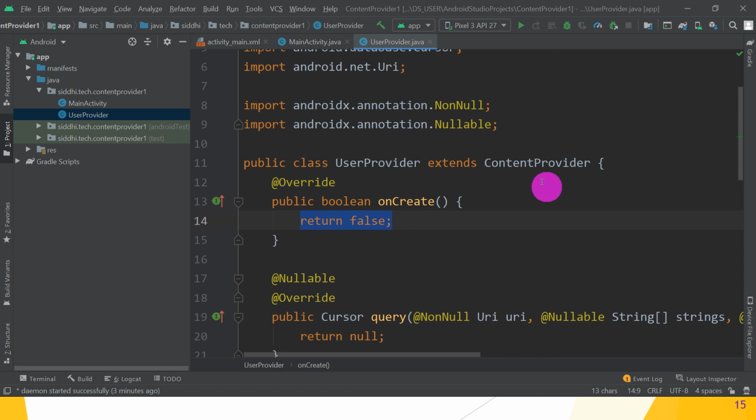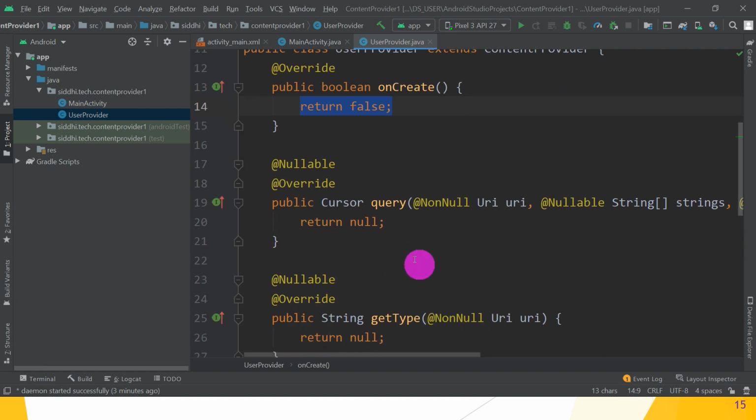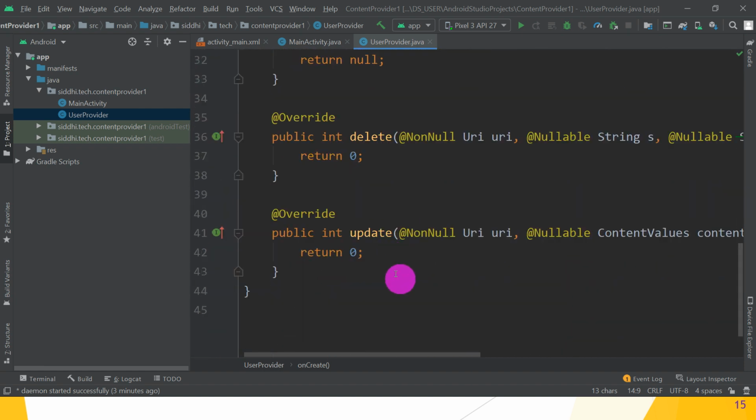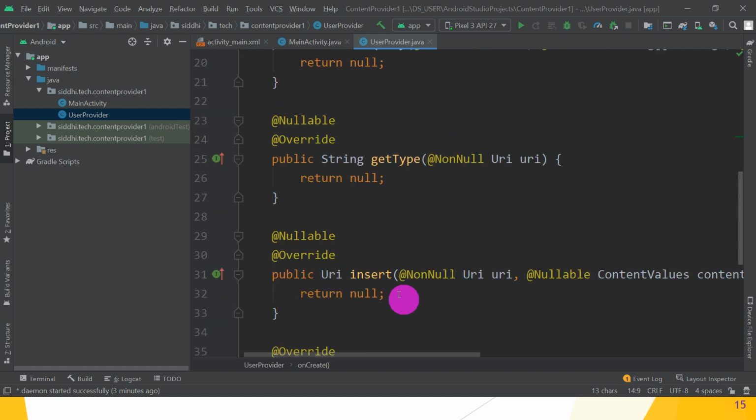Now we have to write our code for inserting, deleting or updating here itself, and create one object class.